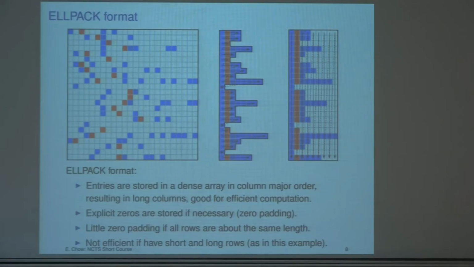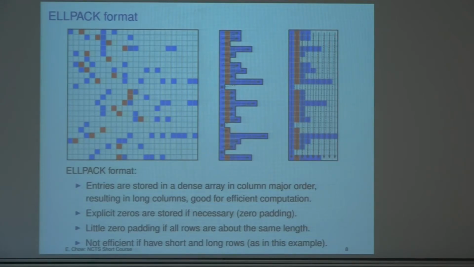It's actually a relatively old format that people used to use on vector supercomputers, but it has become popular again because of accelerators and coprocessors. So here's the same matrix, and here is the CSR picture that you saw a moment ago. And here is the Lpack format. The Lpack format stores all the entries in a dense array. All of the rows have different lengths, but we're going to store everything in a dense array,